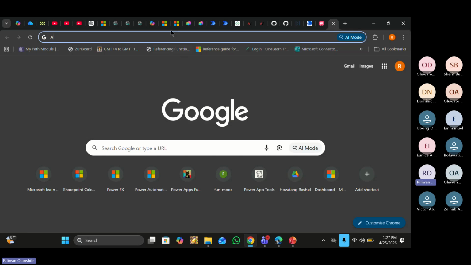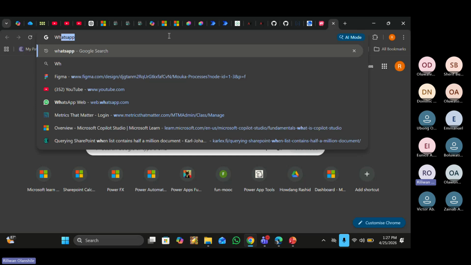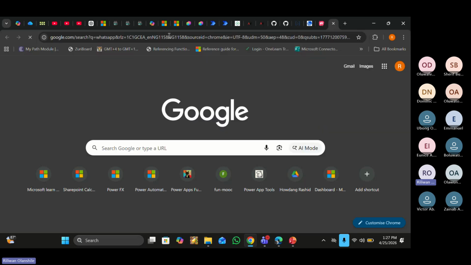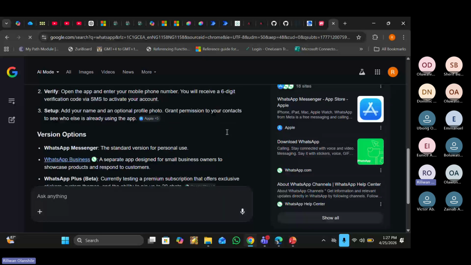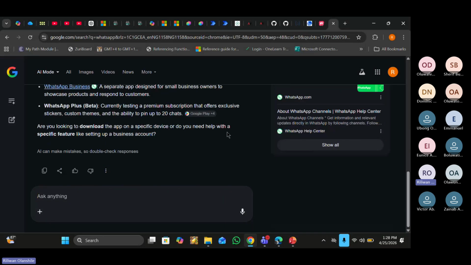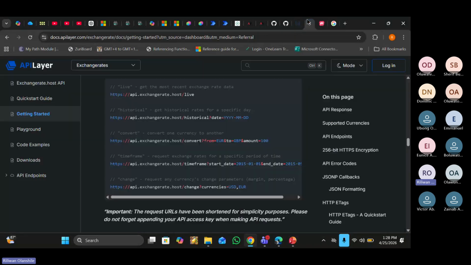Let me see if I see WhatsApp developer. What's this? WhatsApp developer, I'm sure they probably have one. Do you understand? If you go there, you will see something similar to this. They will show you what the things are. Some platforms will tell you that you have to pay to use their API. Whatever they are charging you, you pay it, then they will provide whatever authentication, maybe it's OAuth or an API key, that they're using. But from their platform is where you will get the documentation to connect to their service.